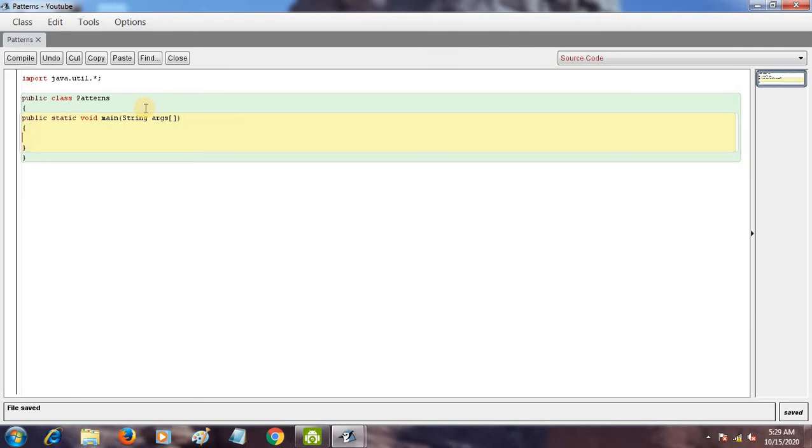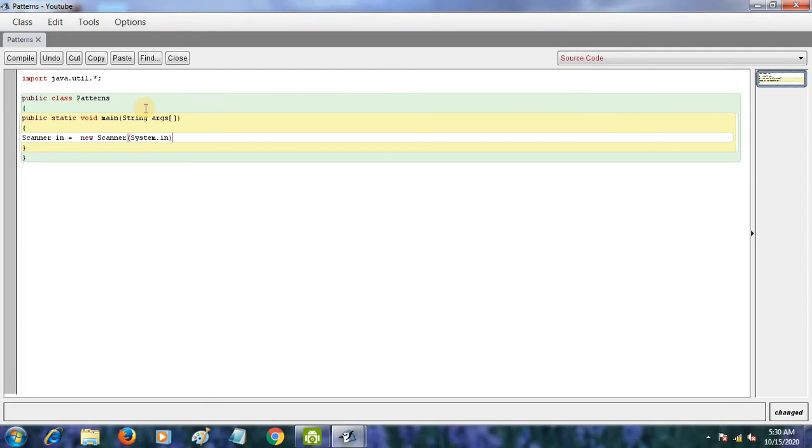Now we are going to start our program. Since we are going to use scanner, we will write scanner in is equal to new scanner, then parenthesis, then system.in.